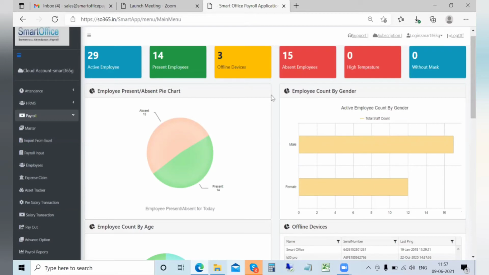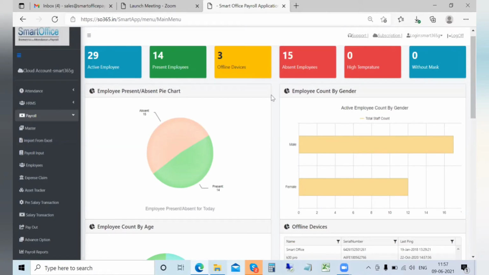Pre-salary transactions: in pre-salary transactions, we have advance, we have arrears, we have ad hoc earnings, deductions. Then we have gratuity, leave encashment, and similar features. And on the payout side, we do have pay slips, Form 16s to be generated, and then we have bank statement, both in the hard copy and the soft format.